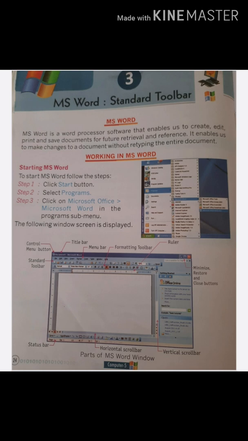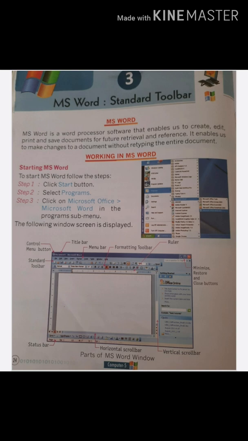Inserting text. To insert text, follow these steps. Step 1 is place the cursor to the right of the character from where you want to start inserting the text. Step 2, type the text. Step 3, as you type the new text, the existing text moves to the right of it, as you can see on page number 28.